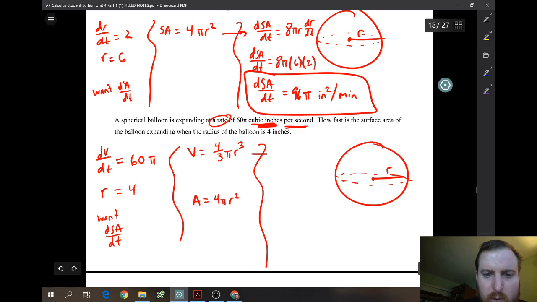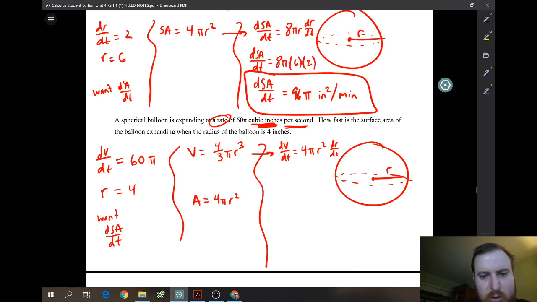So we can come over here and say, okay, this means dV/dt equals, now when we take the derivative, the 3's cancel out, 4 pi r squared, and then we have dr/dt. So they gave us that, and now that we've done the derivative, we can plug in and start solving. If you want to do both derivatives at the same time, you can, but I'm going to do them one at a time. So dV/dt they gave us was 60 pi